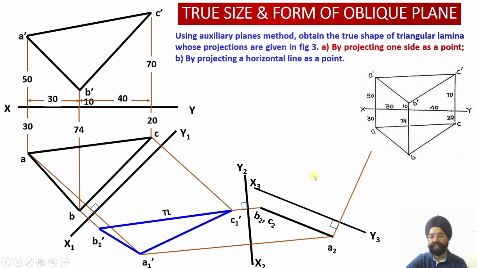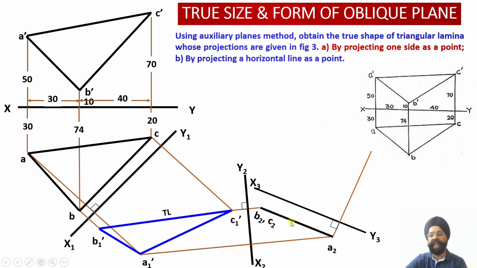Since this is the auxiliary elevation which is to be drawn, the distances of the elevation view will be required, and which distances? Not these ones. Now the distances from the intermediate previous auxiliary plane will be required. Please see, this is my intermediate auxiliary plane between this auxiliary elevation and this auxiliary plane. Whatever auxiliary elevation I obtain here will give me the true shape of this lamina.